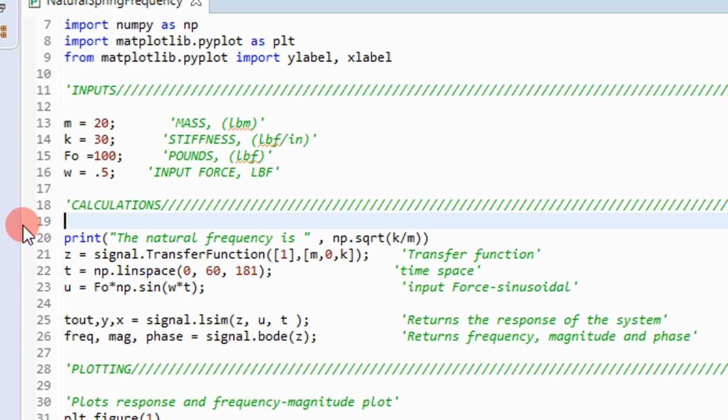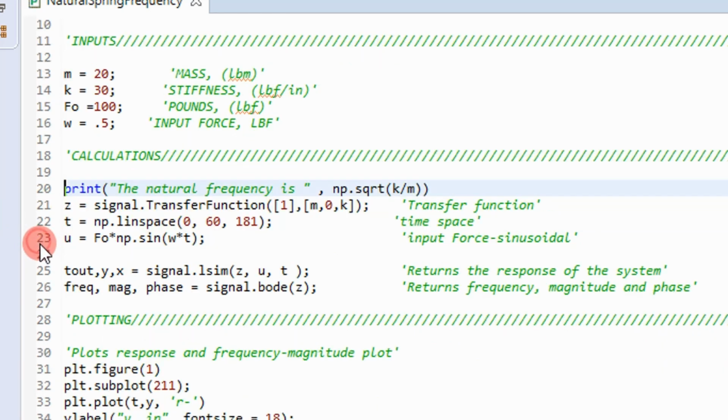Because this is a single degree of freedom system with no damping, the resonant frequency or natural frequency is simply going to be the square root of k over m, as shown by line 20. And then we have